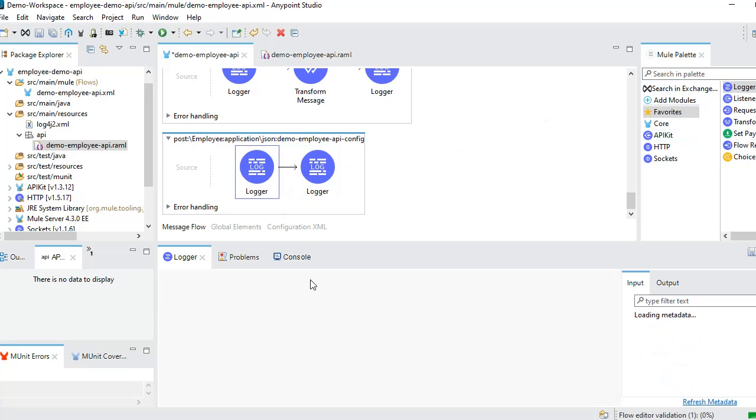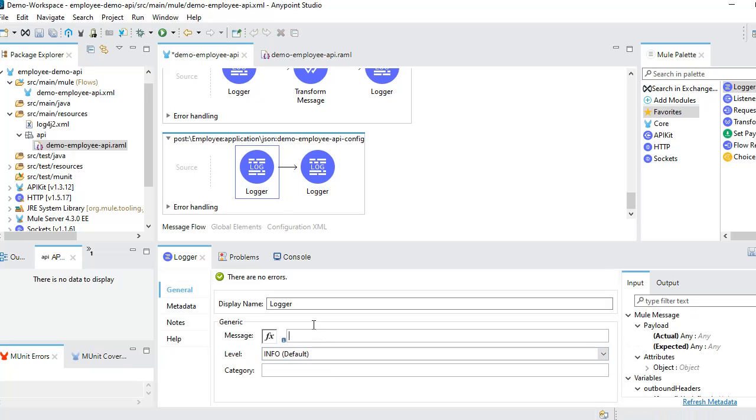We can just add our own logger and our own log message. This is for creating, no, inserting new employee details in database. Okay, let's see the actual database implementation in our database module.